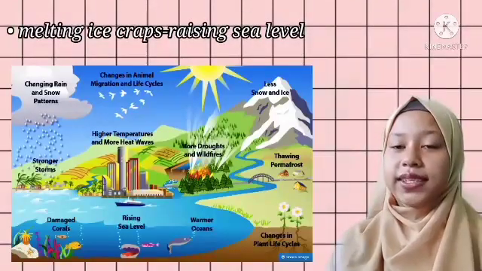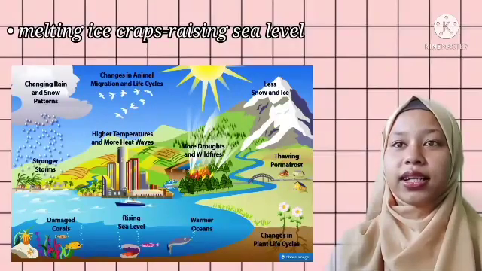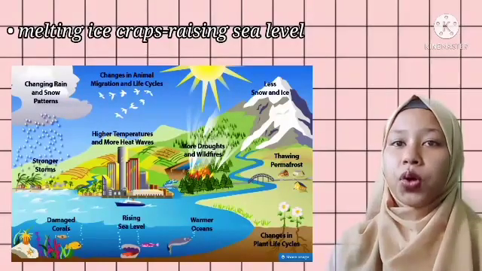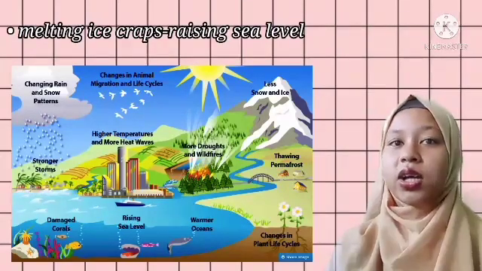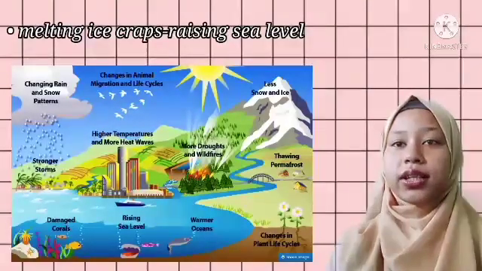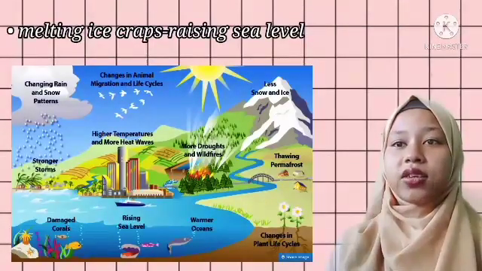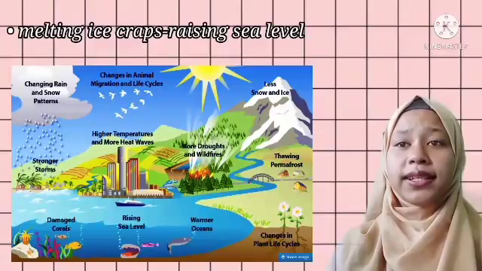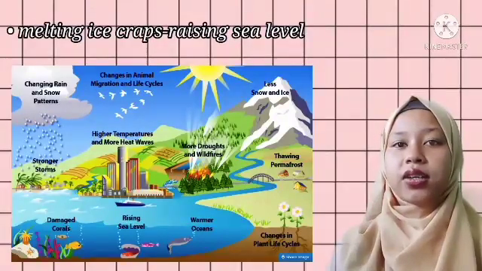Melting ice caps, rising sea level. Extreme climate change has caused eternal craters in the North Pole and ice caps such as Kilimanjaro and Jayawijaya to melt drastically. When the Earth's temperature rises and the ice melts, the volume of water increases, so the average sea level also increases. Global sea level has been recorded to have risen 20 centimeters in the last 100 years.